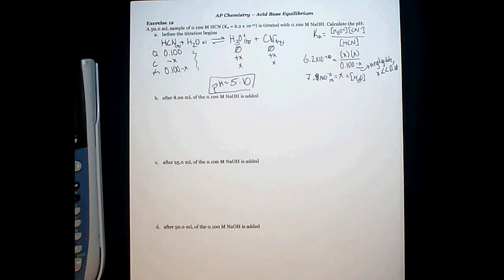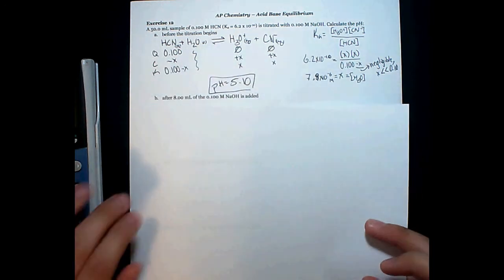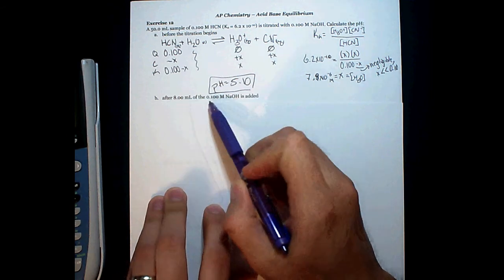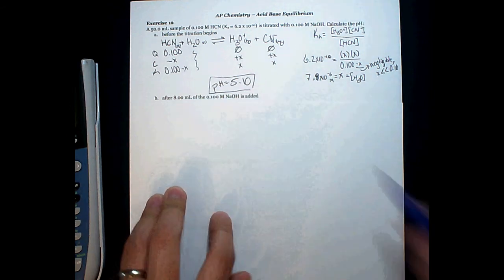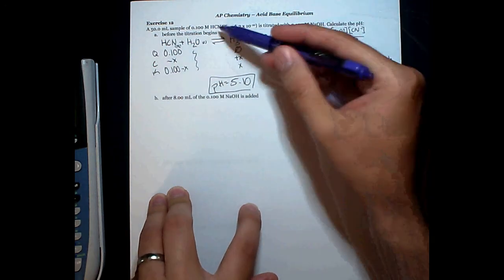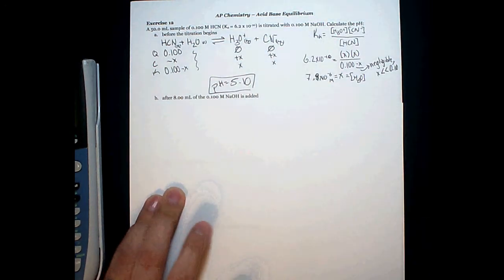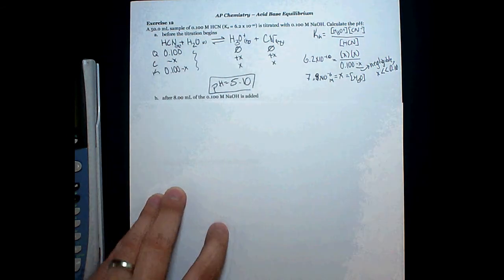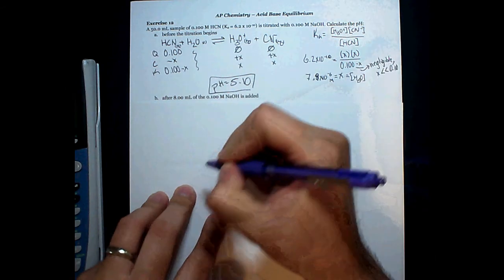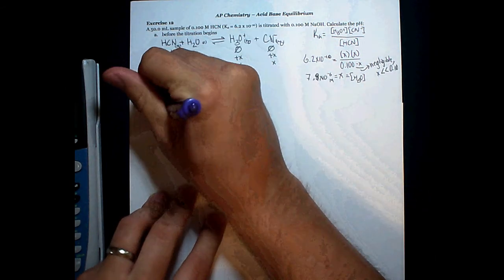So essentially what we do is a little bit of stoich first, and then we do the quack table. For this example, after 8.0 milliliters of the 0.1 molar NaOH is added to this solution, which is 50.0 milliliters of 0.1 molar HCN, the first thing we're going to do is write out the titration reaction. So that would be HCN